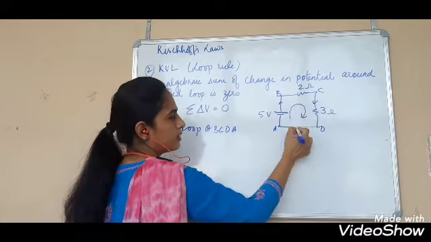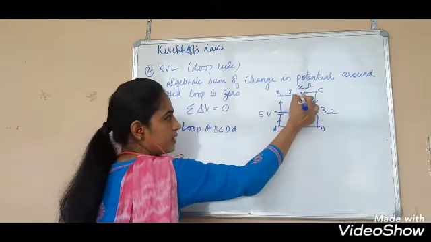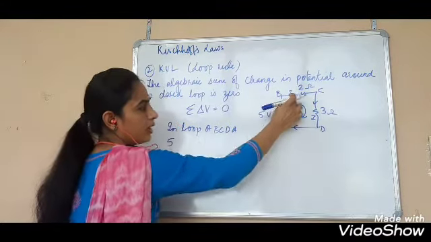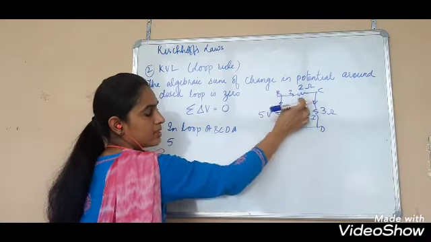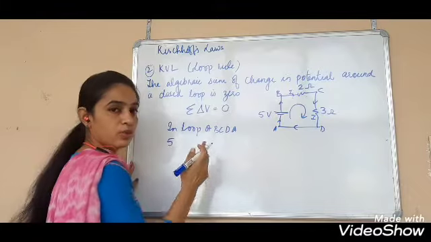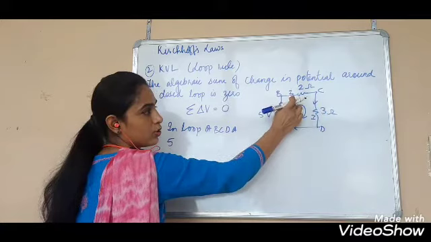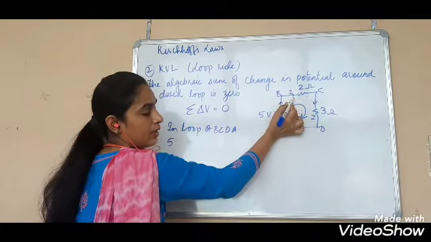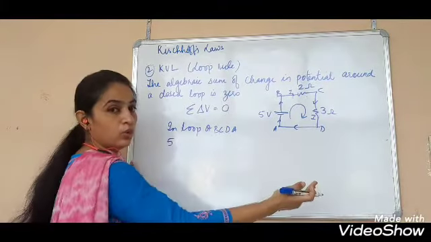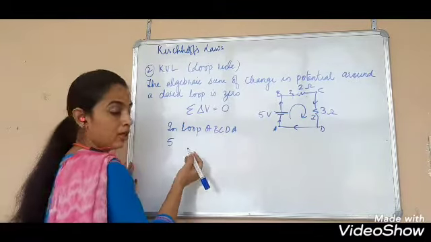Then you have to draw current. Current will go like this, from the positive terminal of the battery. Let us say, since there is only one branch, current I is there in the circuit. Here current is going from this end of the resistor to this end. Current always goes from higher potential to lower potential. So this end is at a higher potential, this is at a lower potential. So we are going again from higher to lower. Our path is higher to lower, so that will be a drop.